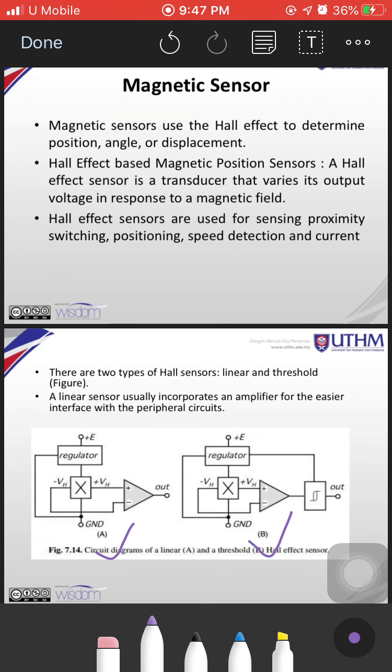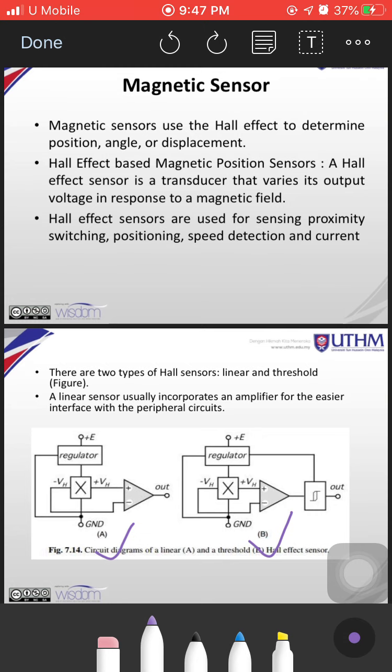Okay, a Hall effect based magnetic position sensor is a transducer that varies its output voltage in response to the magnetic field. Okay, so this Hall effect sensor can be used for sensing proximity switching, position, speed detection, and current. Okay, so a linear sensor usually incorporates an amplifier for easy interface with the peripheral